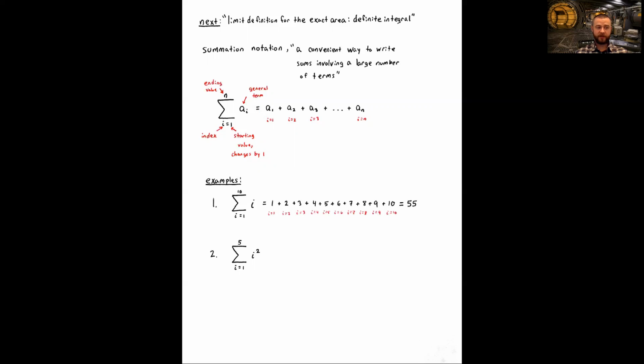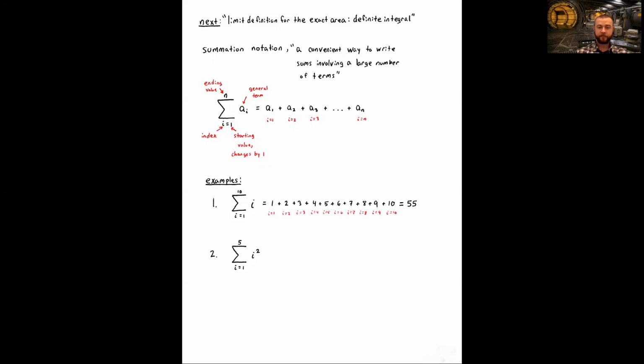That's a simple formula for the general term a sub i. For example 1, a sub i is just i. For example 2 here, the general term a sub i is i squared. So maybe give yourself a few seconds to see if you can write out the terms here, and then we'll continue from there. Unlike example 1, where we were summing the natural numbers from 1 to 10, here what we're summing are the squares of the natural numbers